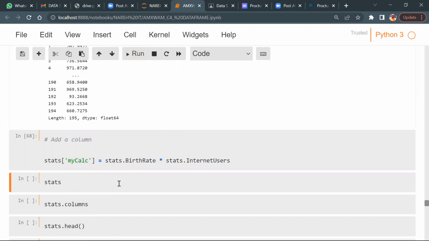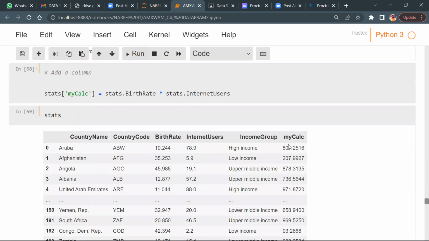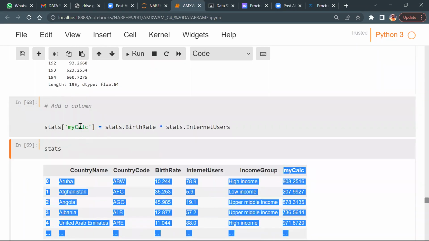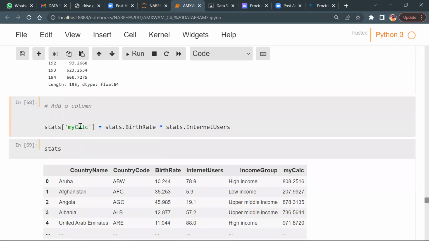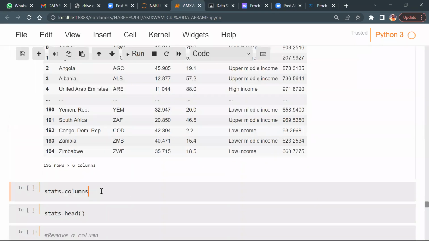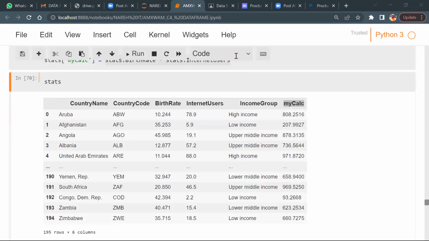Let's run this one. Let's check stats. My calc is added or not? Did you see my calc is added? Very simple. I said, please create an attribute name and multiply all. I write a logic over here and then the column is added, isn't it? Now let's check stats. Stats dot columns. What is the value I'll get? All column names with my calc will be there or not?